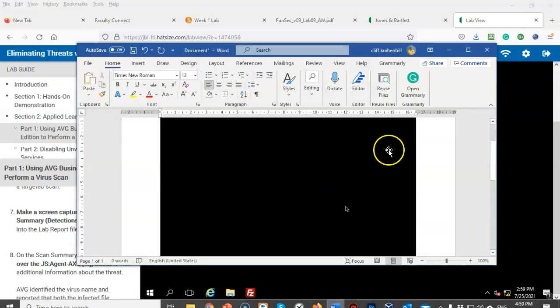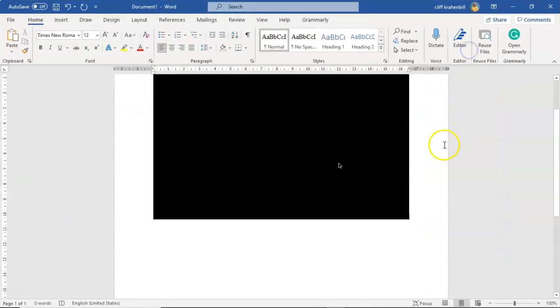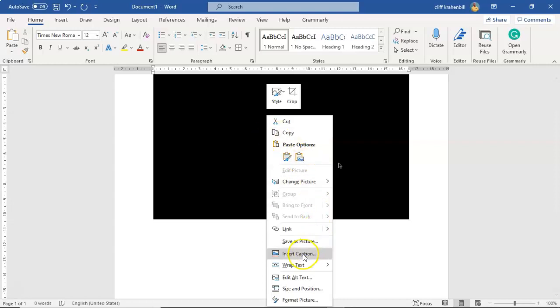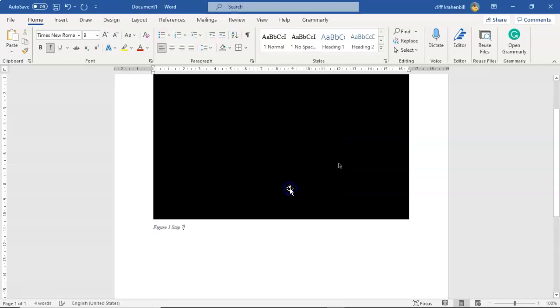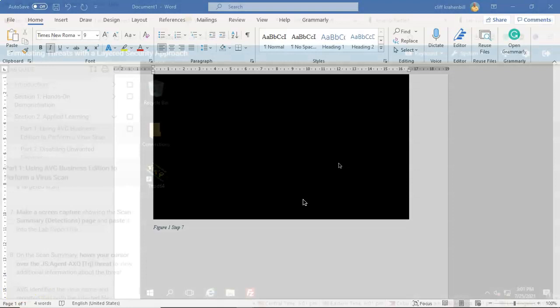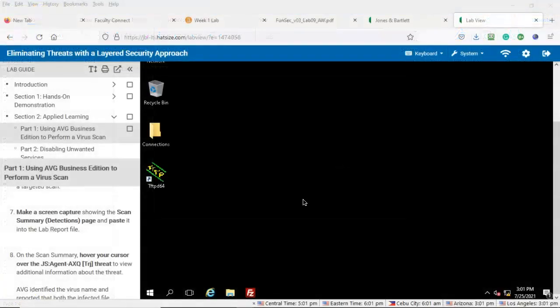If I open up this Word document here, let's go ahead and make this full screen. This is my image. I would like to add a caption down here. I could right click on this. From here, I can say insert caption. From here, I can say figure 1 is step 7. I can say okay. Go ahead and make that just a little bigger, just like so. And now you'll see that I have the caption right here. I now see that I'm going to have the information that I need as the instructor to be able to grade this assignment correctly. And so that's going to conclude the short video presentation on our course overview for